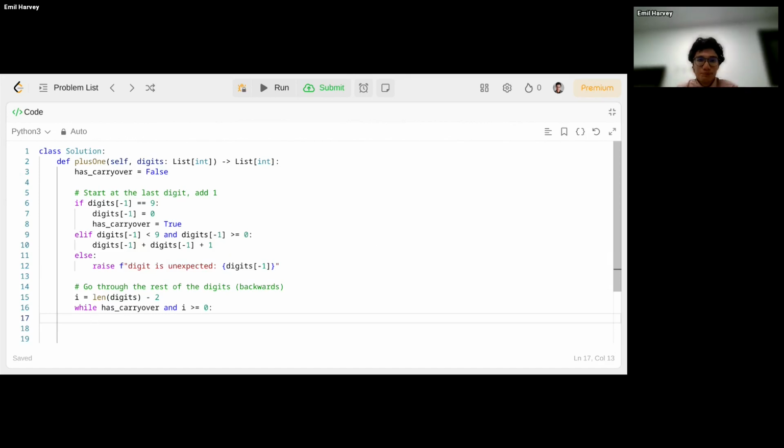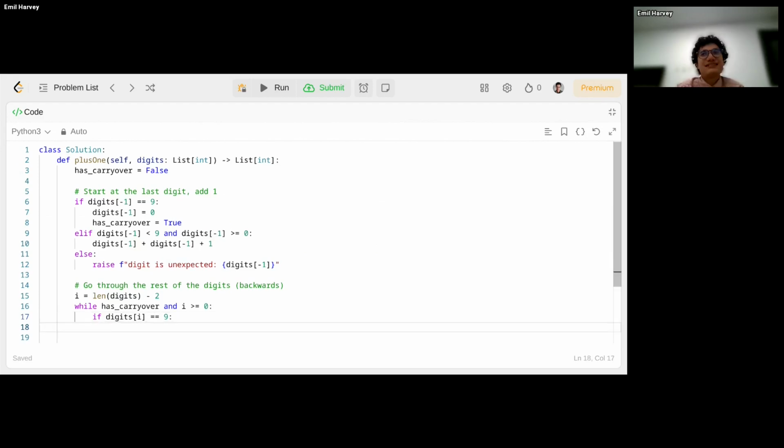So let's get started. In our loop, again, we're going to think about the most specific case to the least specific case. In this case, if the digit at i, starting at the second last number, is 9, well, we're doing a very similar thing to the above.